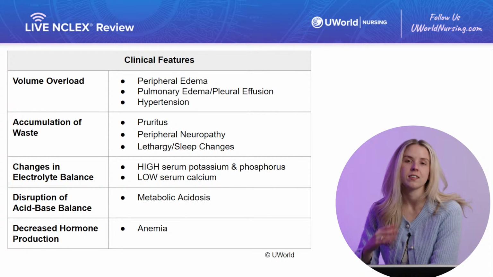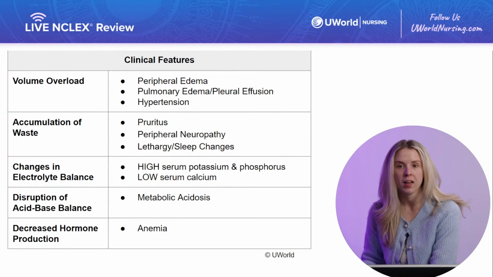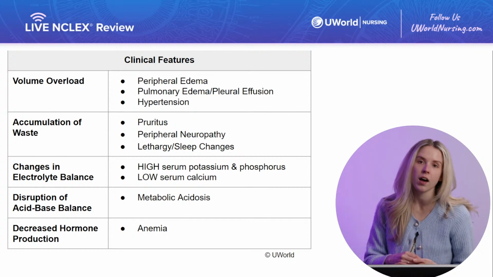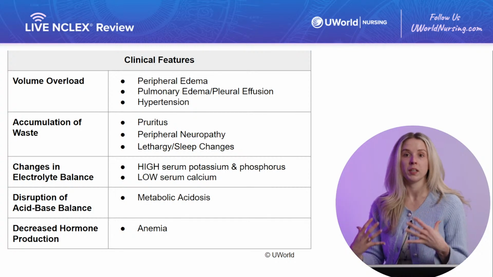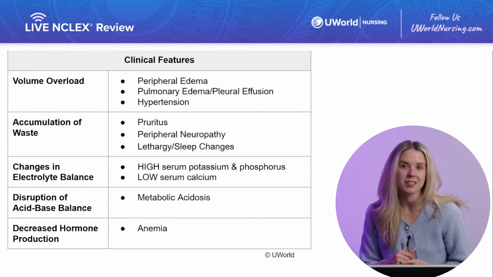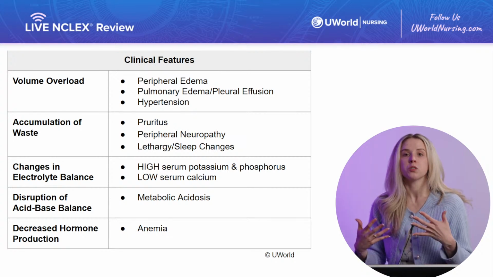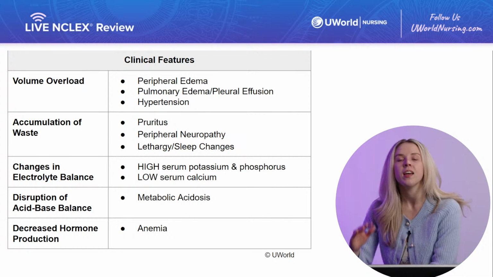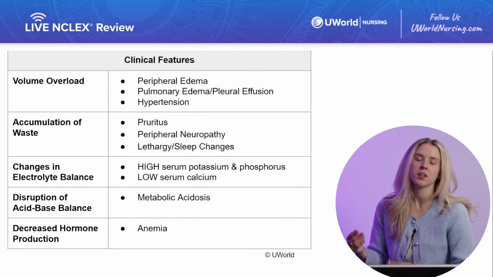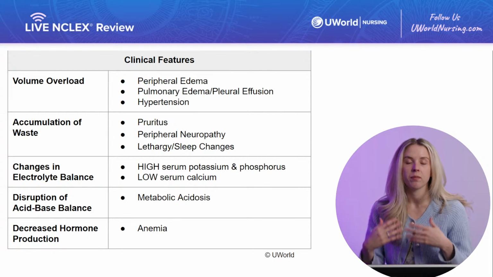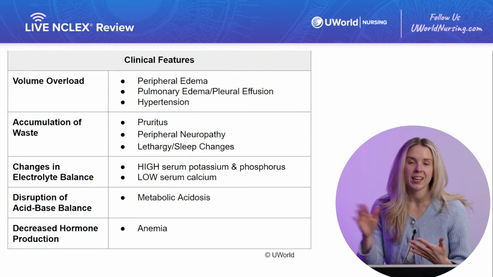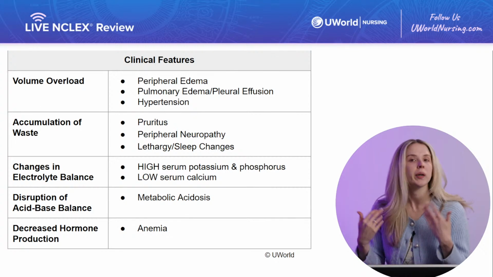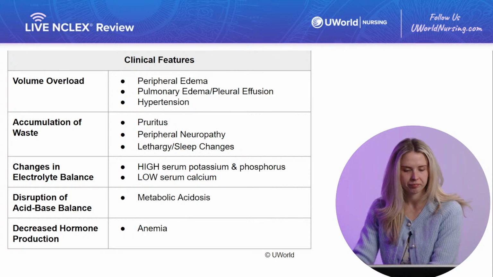Pleural effusion is another way that volume overload will manifest. This is when fluid has infiltrated that pleural space in the lung, which is going to limit the lung's ability to expand, which means it limits the amount of air a client is able to inhale. That's really going to have an effect on our respiratory system. And lastly, hypertension. So volume overload, essentially we have more volume that's circulating in a system of the same size, and this is going to push that pressure up, and we're going to see hypertension.